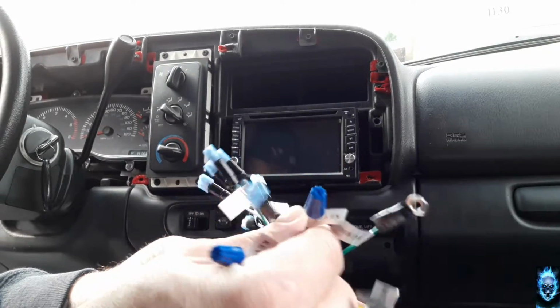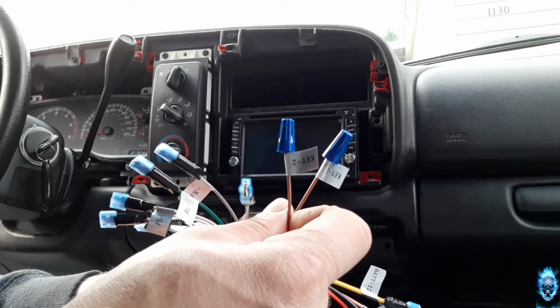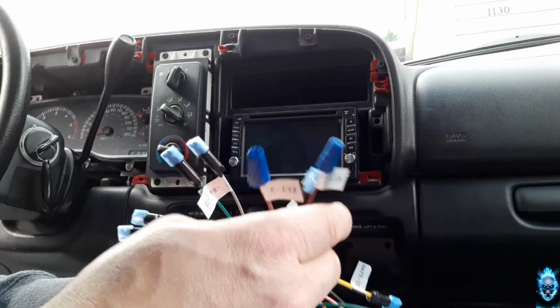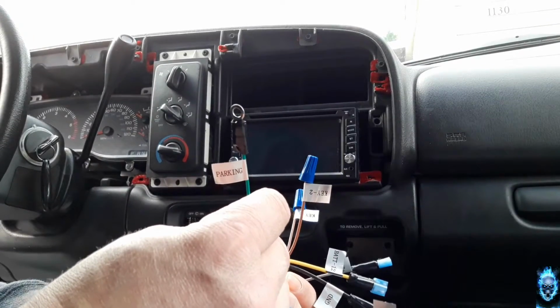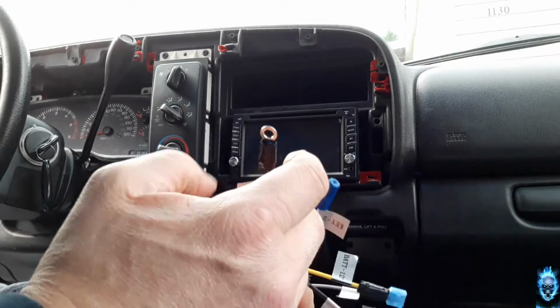These two I'm not going to be using at all. These two brown wires I'm not going to be using at all because I don't have a steering wheel volume key for it. And with this parking brake, what I'm going to do is splice this into a grounded area